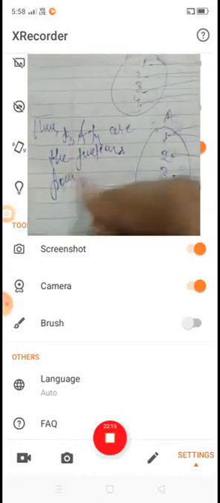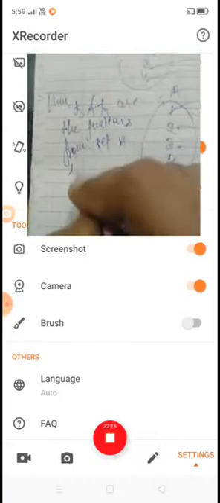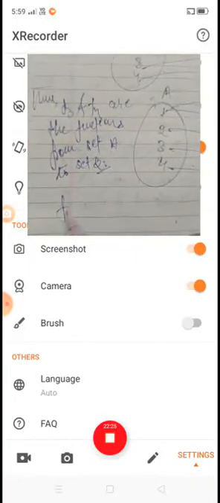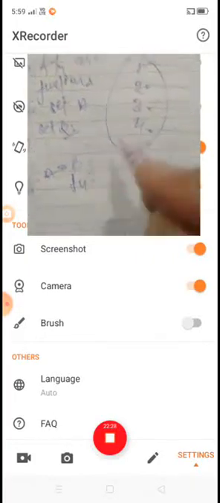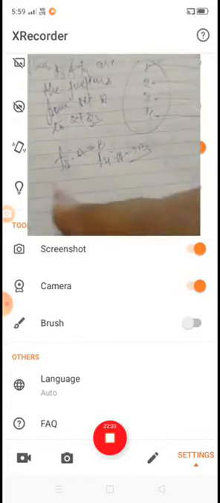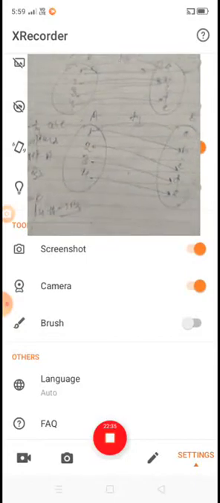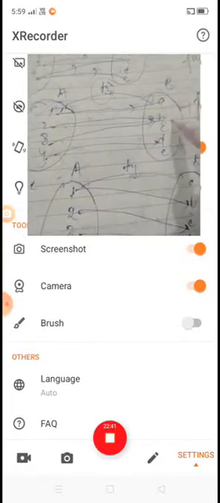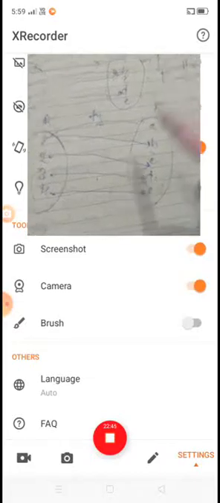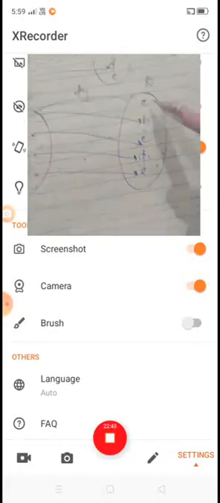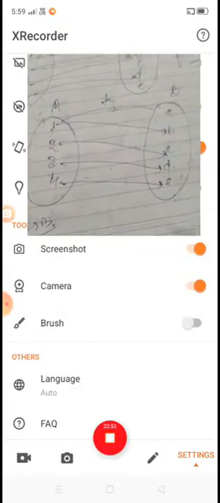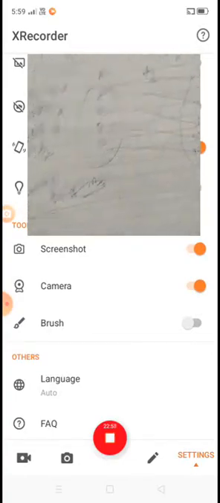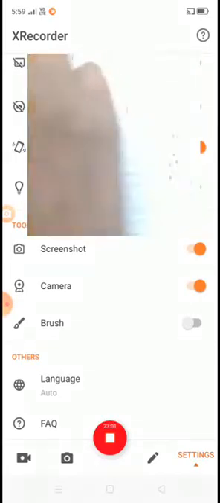from set A to set B. F3 is a function A to B, and F4 is also a function A to B, because it follows all the concepts of functions: all the elements of set A are associated to elements in set B, and an element of set A is associated to a unique element in set B. So F3, F4 are functions from set A to set B. Okay, this is the concept of function.